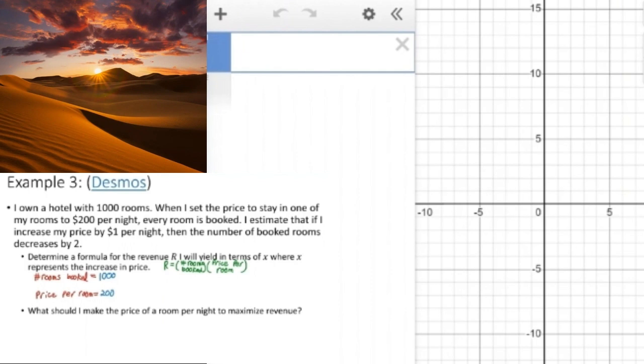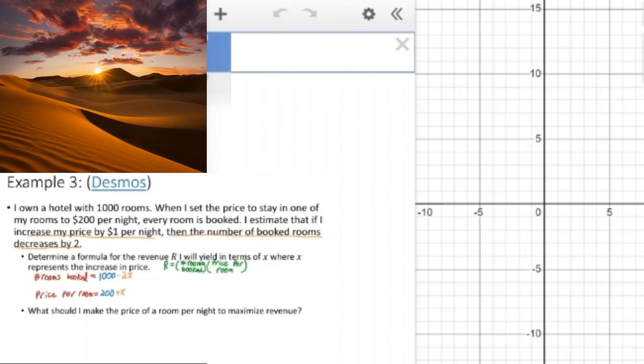But now we have to think about what happens if I change the price. I'm told we're letting x represent the increase in price. So we're adding x to the 200 to represent the new price per room. So the new price per room will be 200 plus x. But we're told in the problem that for every dollar I increase my price, the number of rooms booked decreases by 2. So if I raise my price by x dollars, the number of rooms I'm going to book decreases by 2 times x. If my price per room is 200 plus x, the number of rooms booked is 1,000 minus 2x,